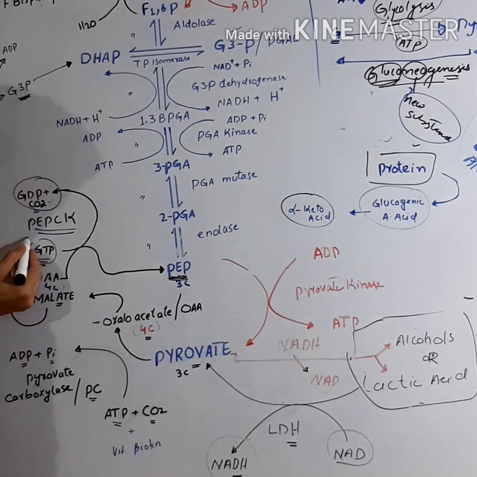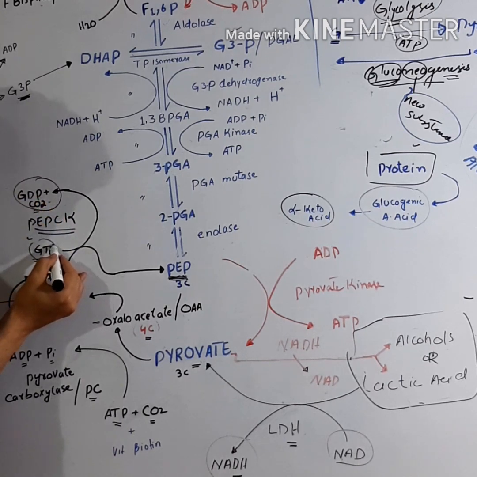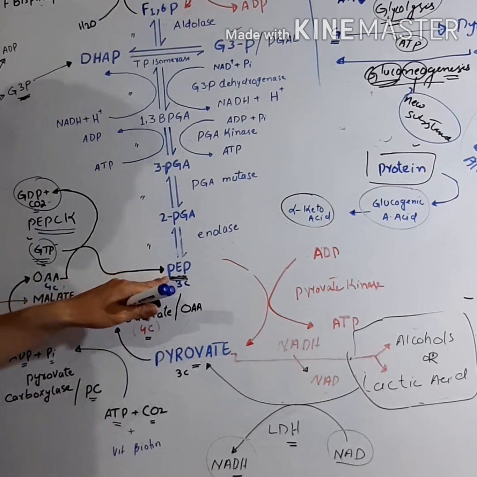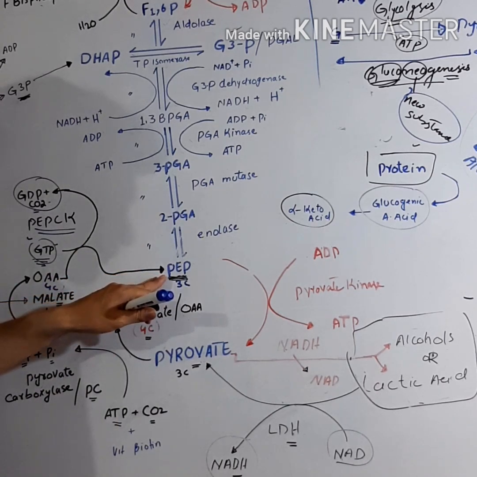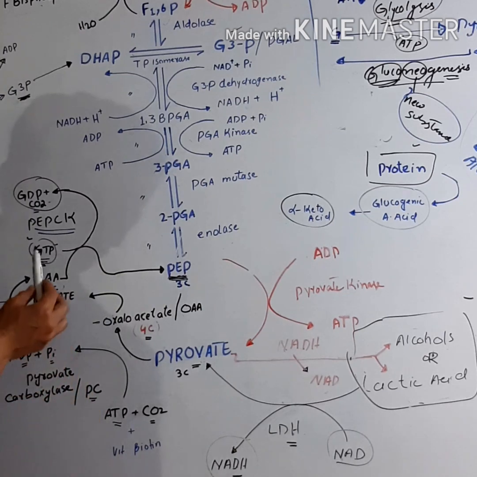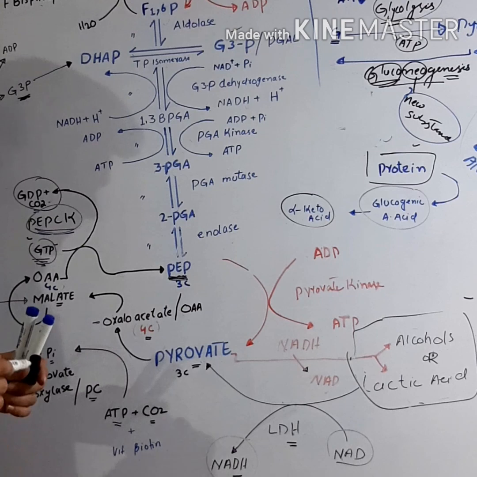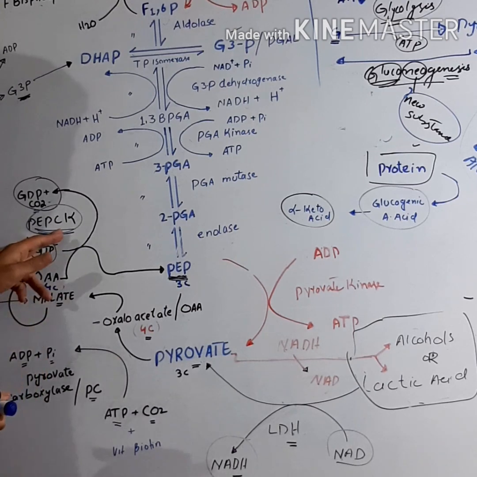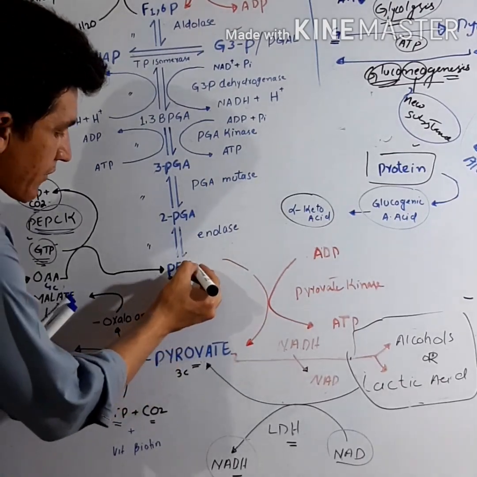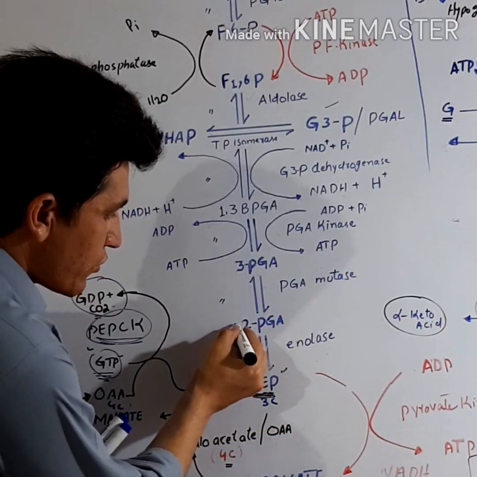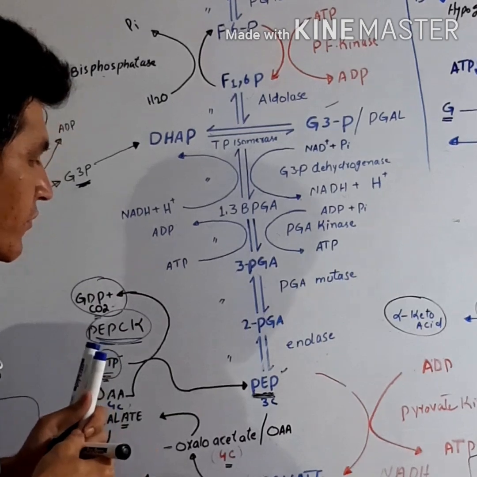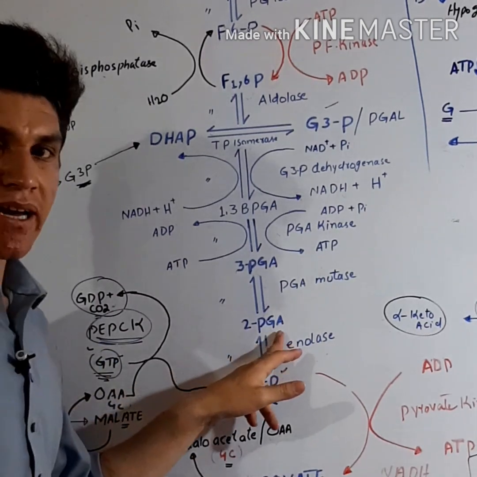In this step, GTP is converted into GDP, so the phosphate from the GTP is added to the phosphoenolpyruvate. This step is carried out by an enzyme known as PEPCK, phosphoenolpyruvate carboxykinase. Now this PEP is converted into 2-PGA, 2-phosphoglycerate,